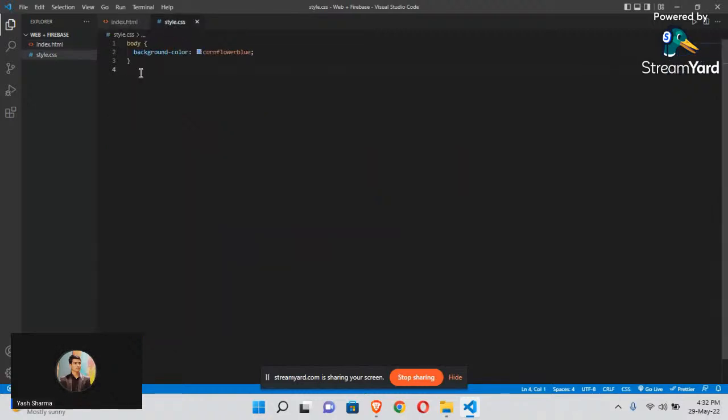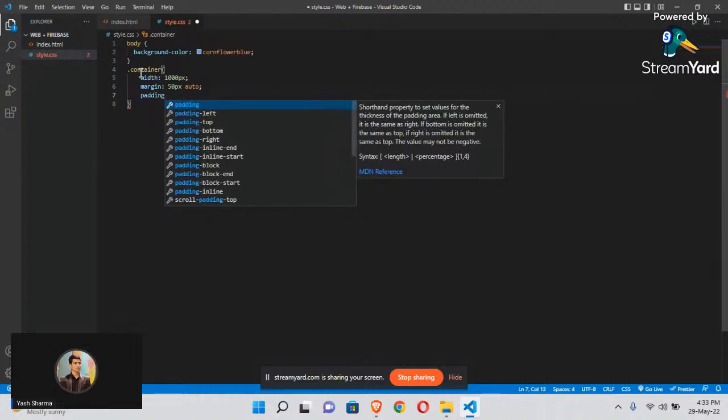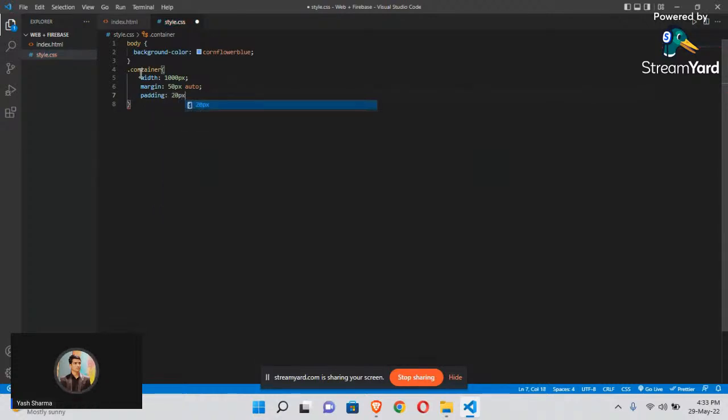As I told you about how to apply CSS to the class name, just hit the dot, give the class name which is container, open the curly braces, and now we'll give it some width of, say, 1000 pixels, margin of 50 pixels, which will be formatted using the auto keyword, padding of 20 pixels,